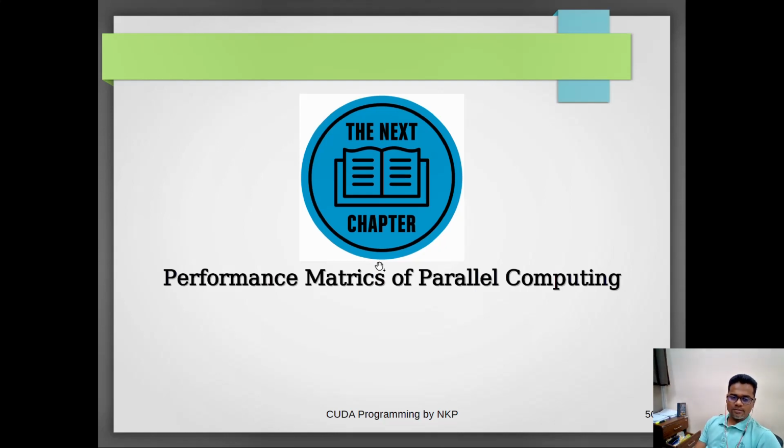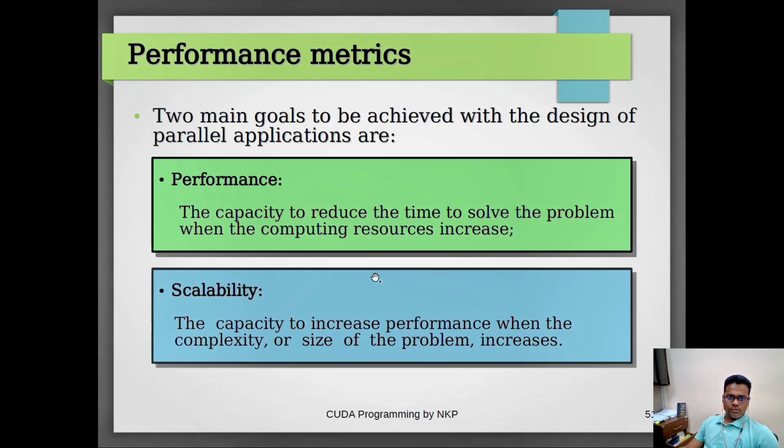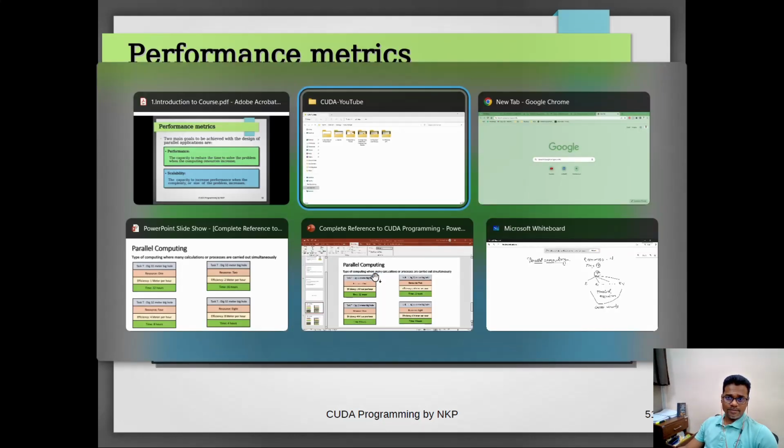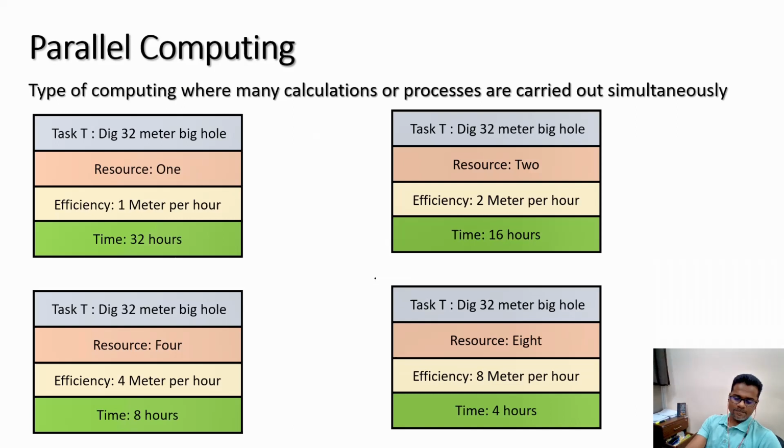In this session, we'll talk about performance metrics of parallel computing. There are two main goals to be achieved with the design of parallel applications: one is performance, the other is scalability. Let's first try to understand what parallel computing is, and then we'll see how these performance metrics are utilized to measure the performance